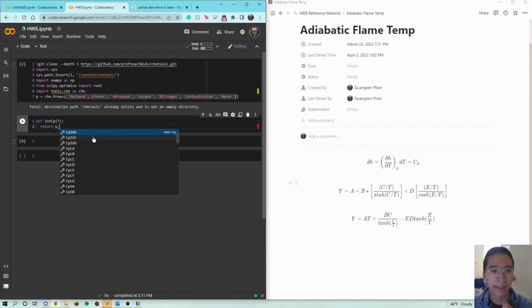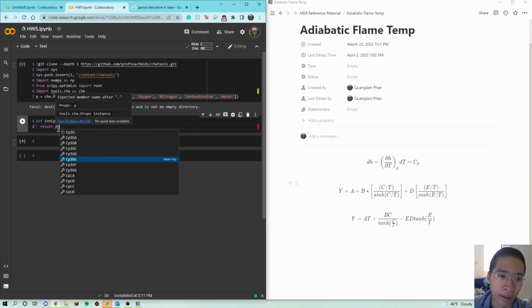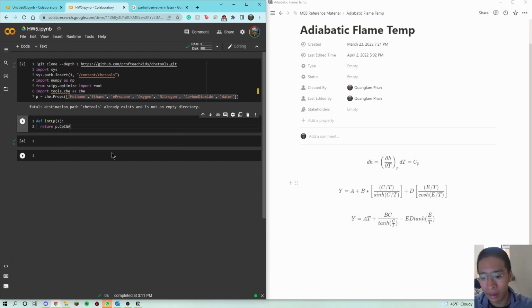Okay, let's explain this really quick. What that stands for is P, the properties of our components, for specific heat of an ideal gas, and A, B, C, D, E, F, G, that is our arbitrary constants. Okay, so that times temperature plus